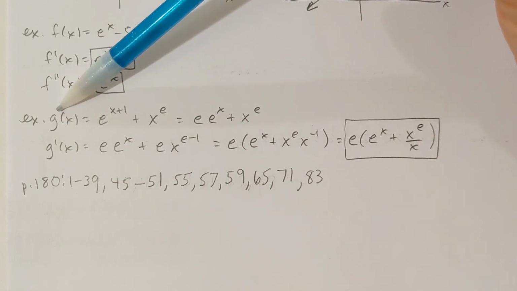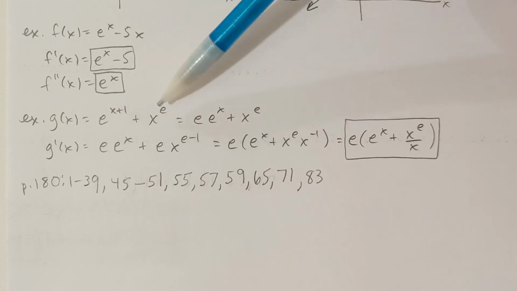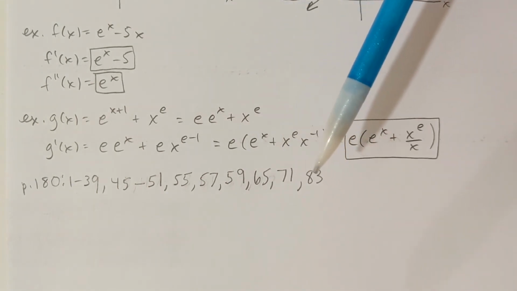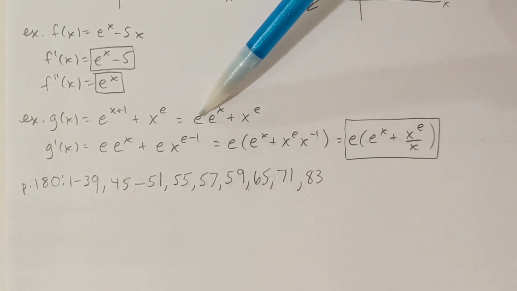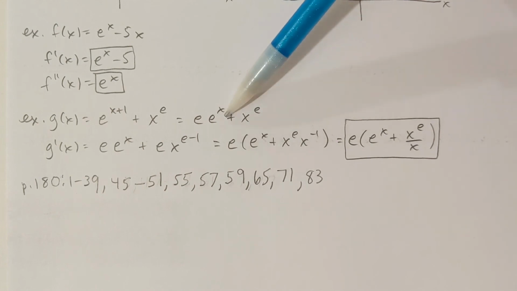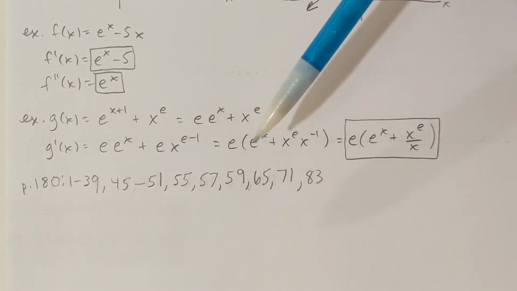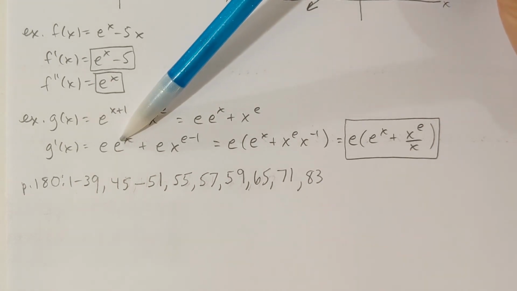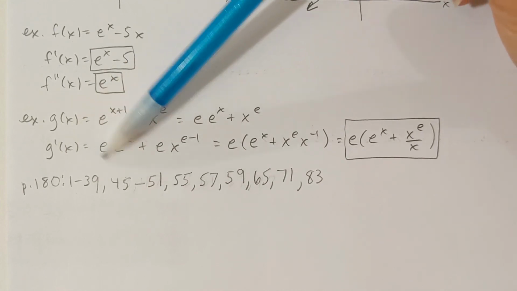How about g of x equals e to the x plus 1 plus x to the e? What is the derivative of that? Well, e to the x plus 1, that'd be the same as e times e to the x, right? I'd keep the base and add the powers. E is just a number. The derivative of e to the x is itself e to the x. Okay, and I'm ready to compute the derivative now. Okay, computing g prime of x. So here's that first term,